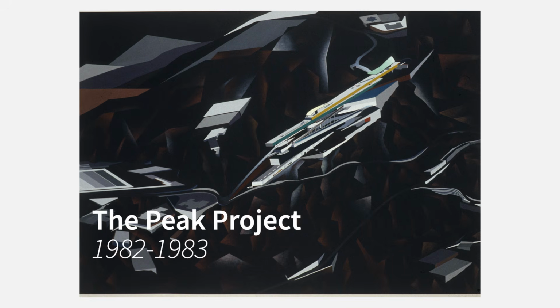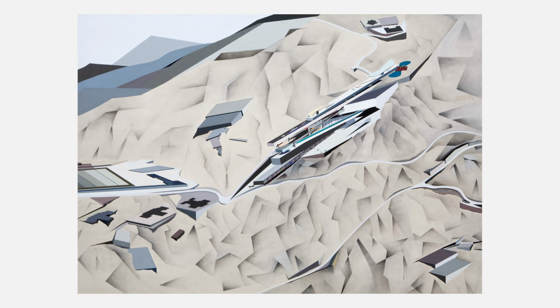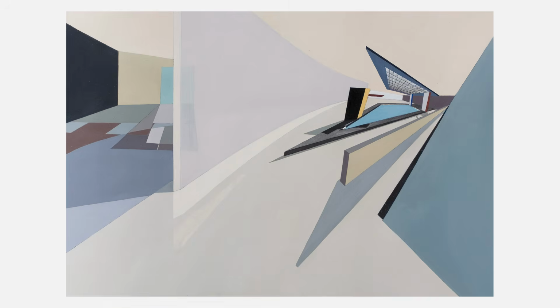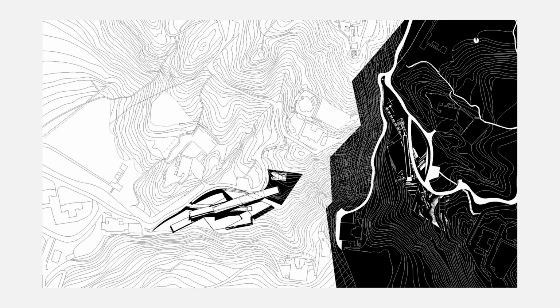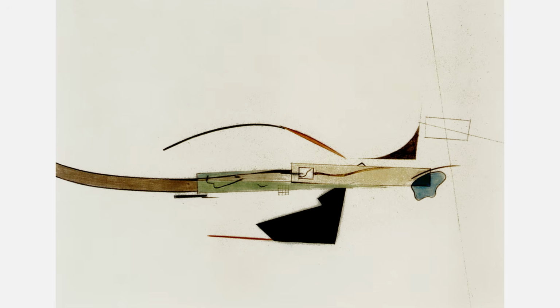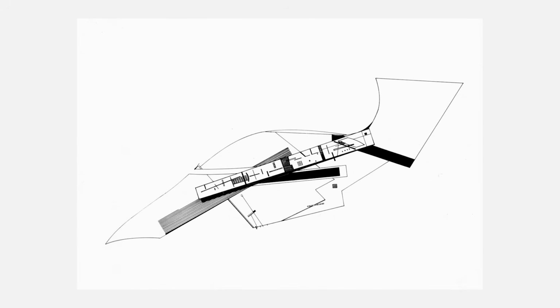Another name featured in the exhibition was Zaha Hadid, who presented The Peak, a project from 1983. It was the winning proposal for an exclusive private club in Hong Kong. And from the very beginning, it introduced a rather radical idea. Instead of adapting to the terrain, Hadid proposed transforming it. Her project planned to excavate the hills and use the extracted rock to build artificial cliffs, or, in her own words, a man-made geology. But the project was never built.